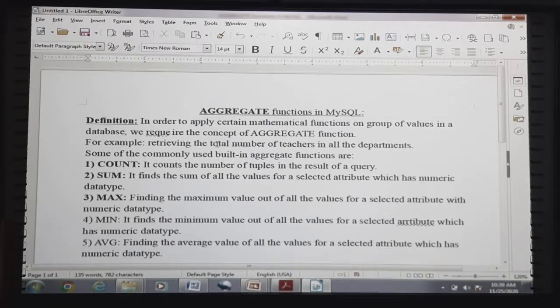So here we have listed a set of statements, in which certain spelling errors are there.